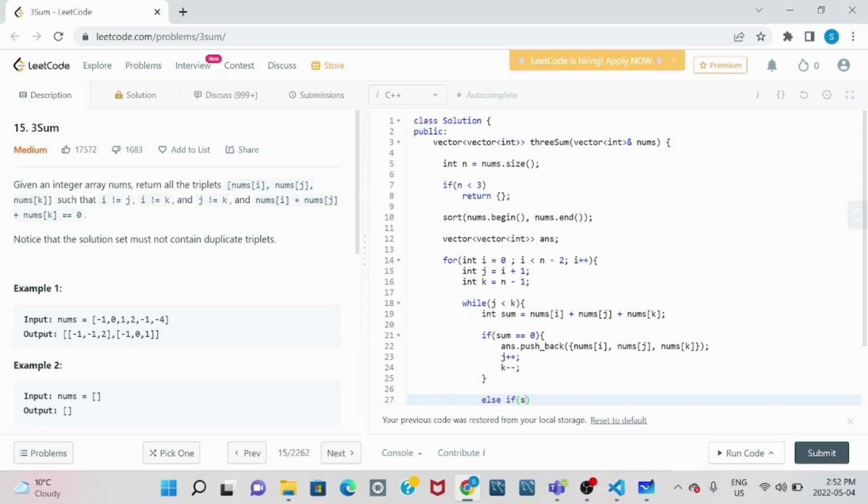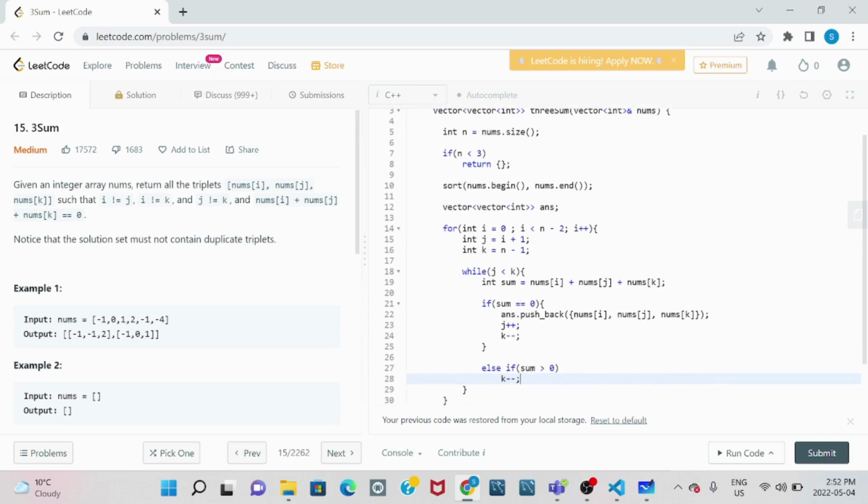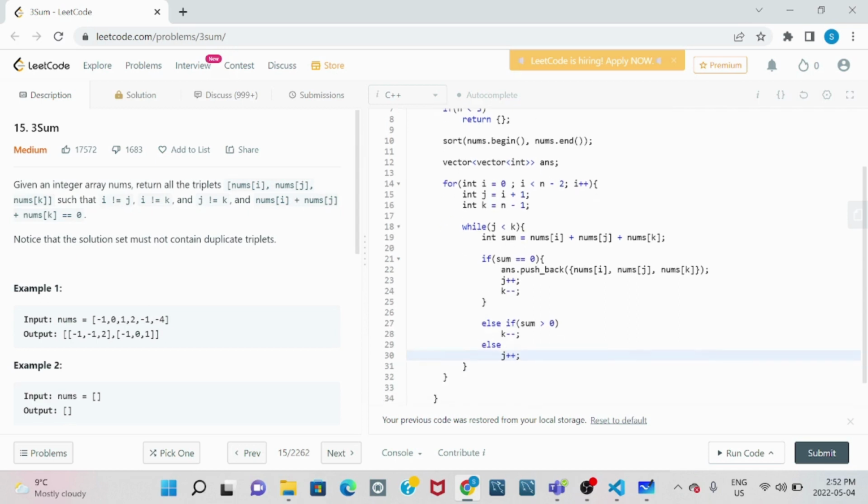what if our sum is greater than 0? Then, as we have just discussed, it's the responsibility of the element at the highest end, at the rightmost side, so k has to be decremented. And if this is not the case, then obviously j has to be incremented, because we are in the other case where the sum is less than 0. So this is it. Here we close the while, here we close the for, and by the end we are going to return